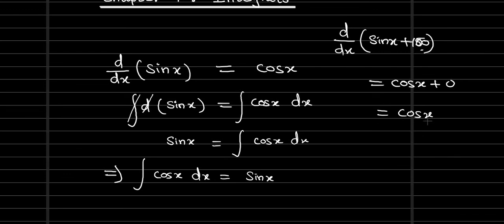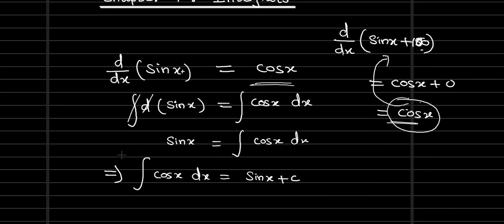So actually we are finding the inverse process. In the first case there is no constant, so for cos x the antiderivative is only sin x. But here the antiderivative of cos x is sin x plus 100. I changed the plus 5 to 100. Anyway, the result is the same. So to avoid this, we are going to have plus c. This we call the indefinite integral.